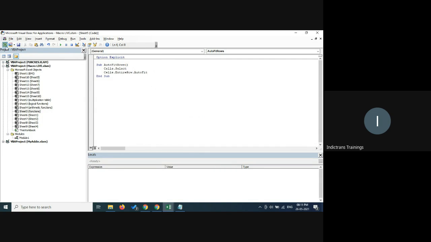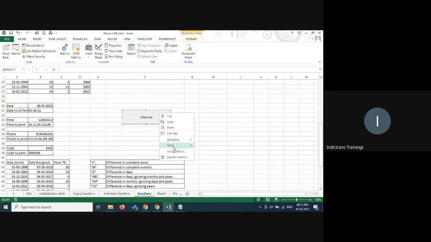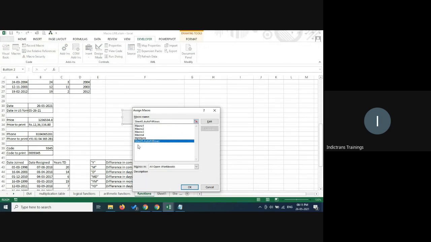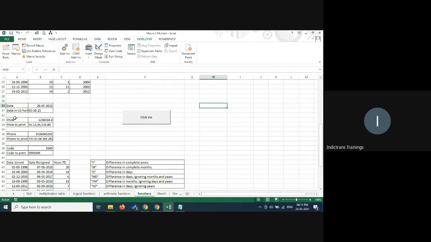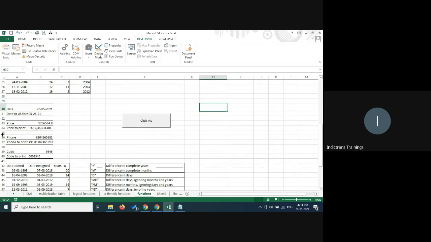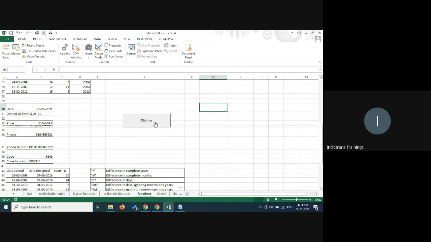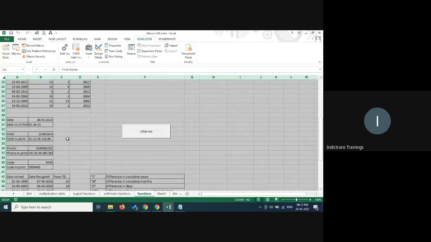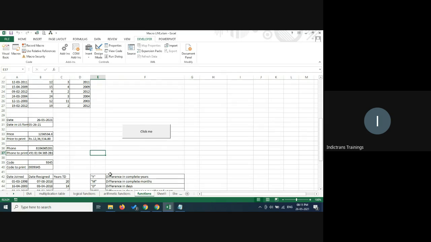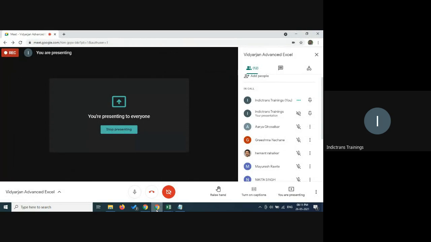Now if you go to Excel again, here you right click on click me, assign macro, and pick that. Now it is called sheet 5 dot auto fit rows, and just say okay. And then you need to have something messed up a little bit, just to see whether it is working now. Click me, and you can see that it has actually done that job. Auto fitted the entire worksheet, the row height basically. Okay, I'll check. Okay, and that is done.